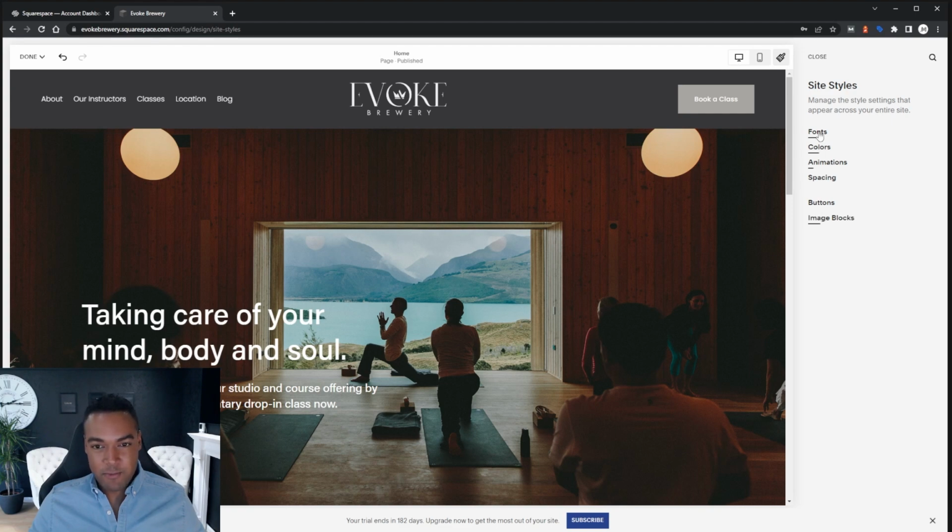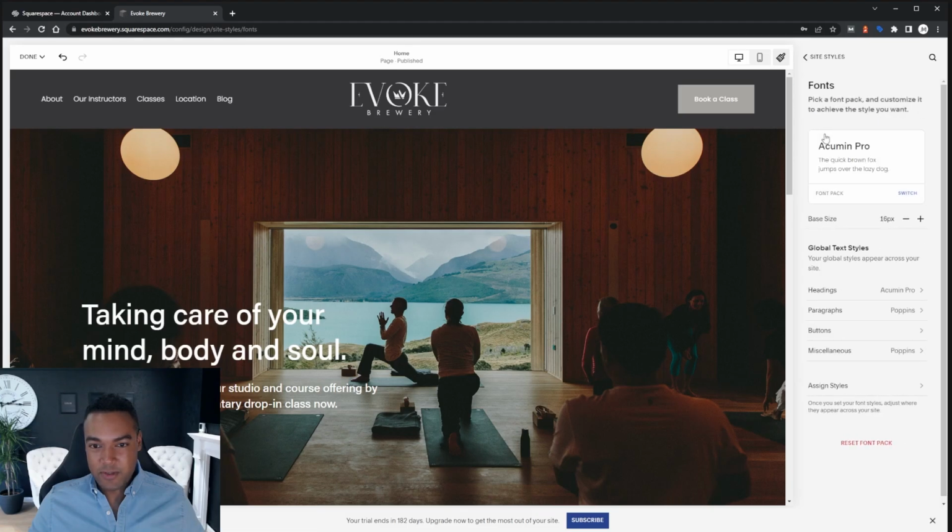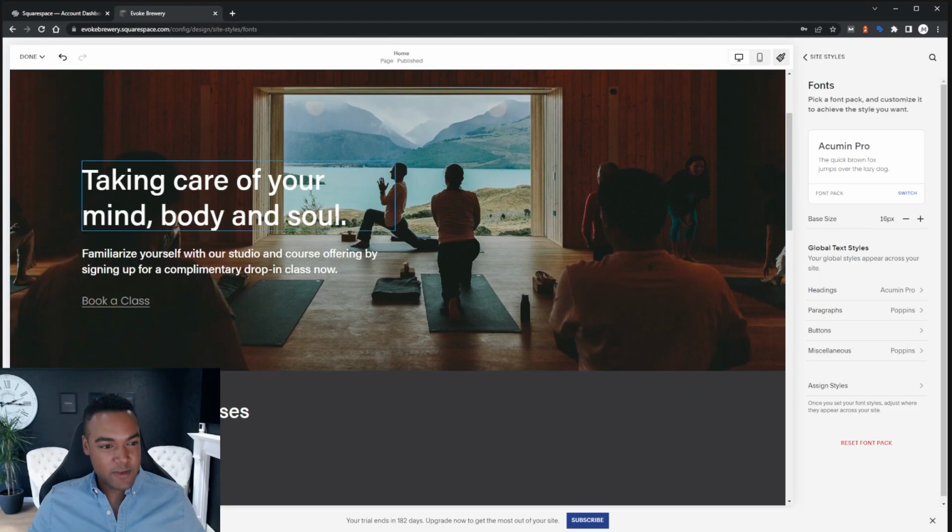So I would recommend running through these headings. It's quite intuitive, quite self-explanatory, but just customizing and changing this to suit your needs, to suit your brand. So I'm going to begin with fonts. And at the moment, the font doesn't quite reflect what I had in mind for the brewery. This is quite a